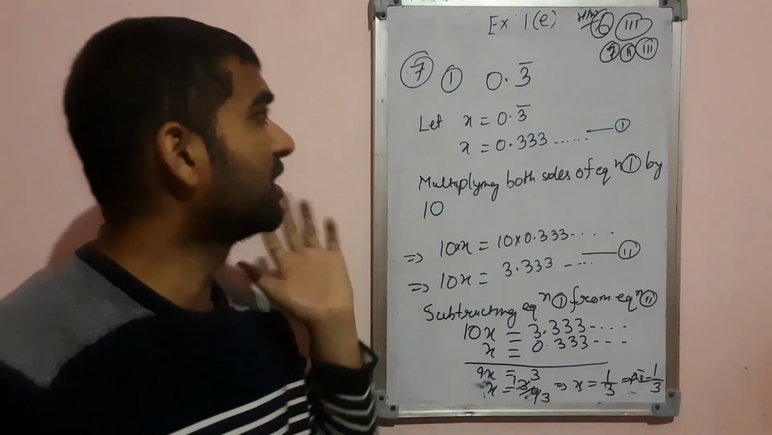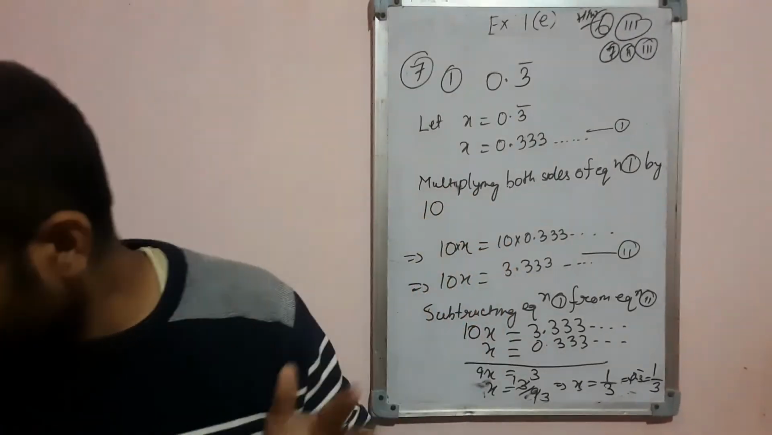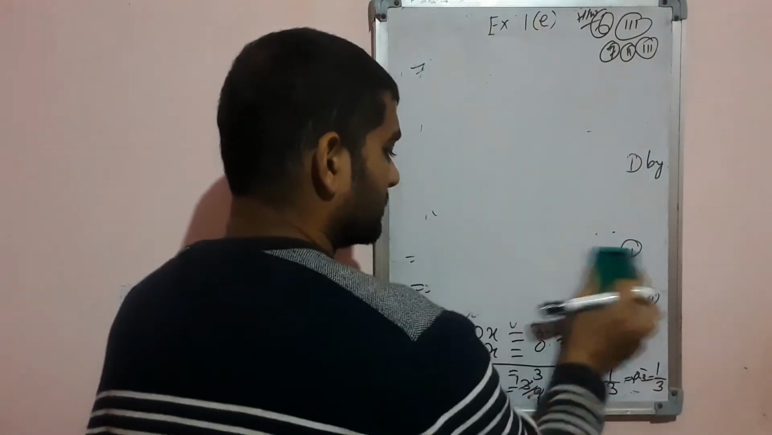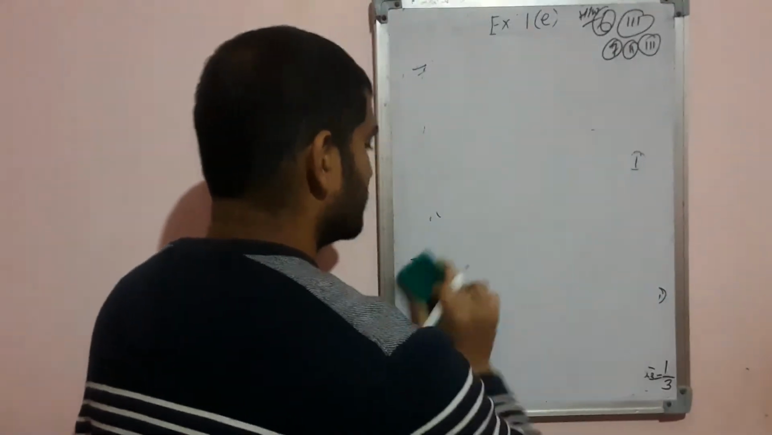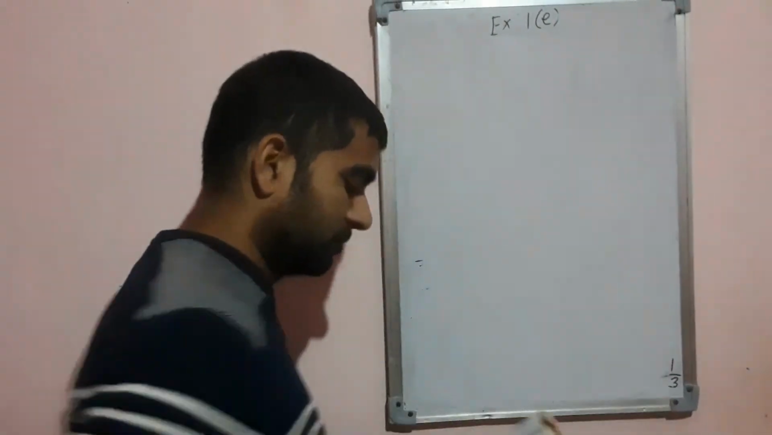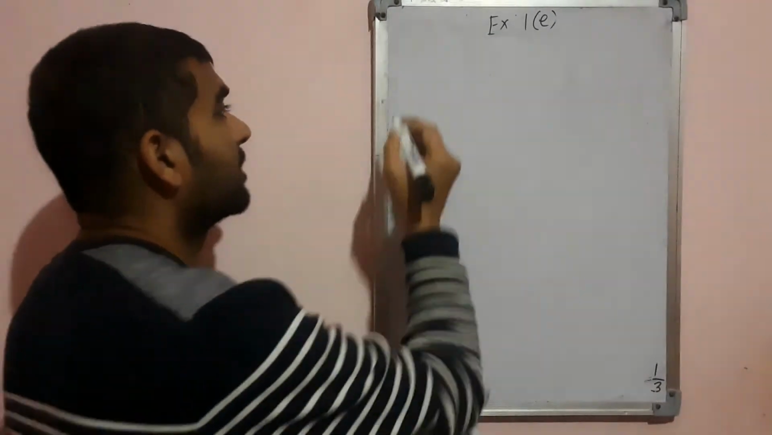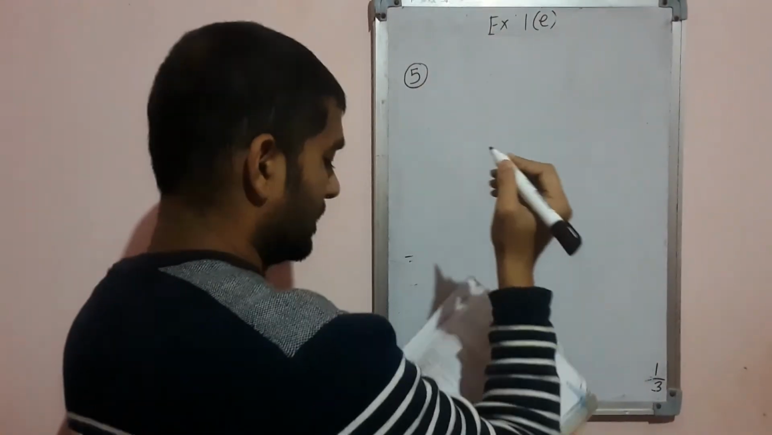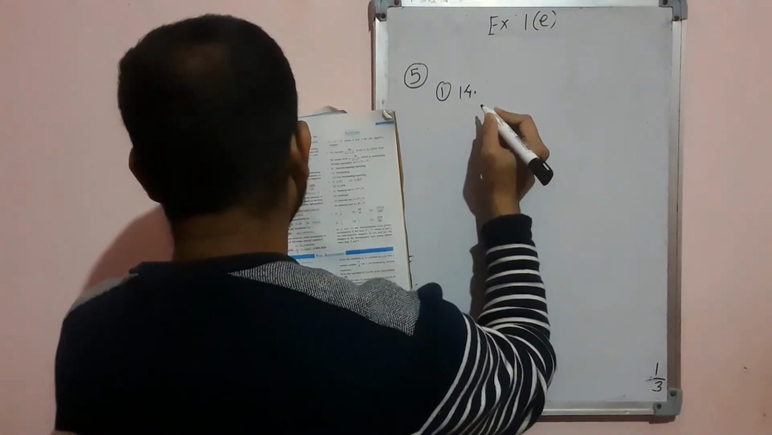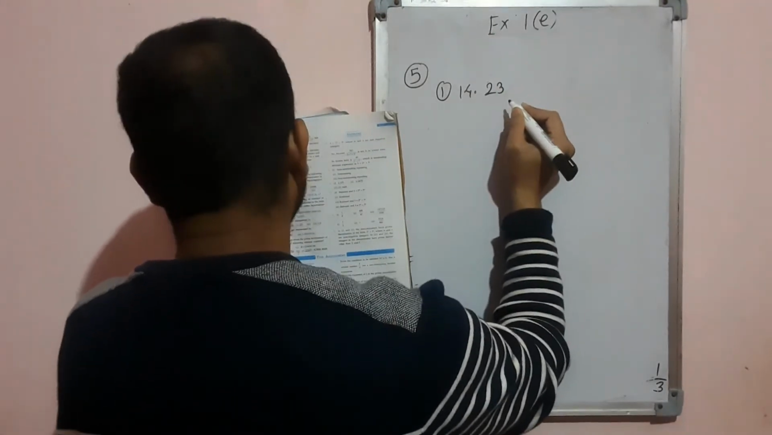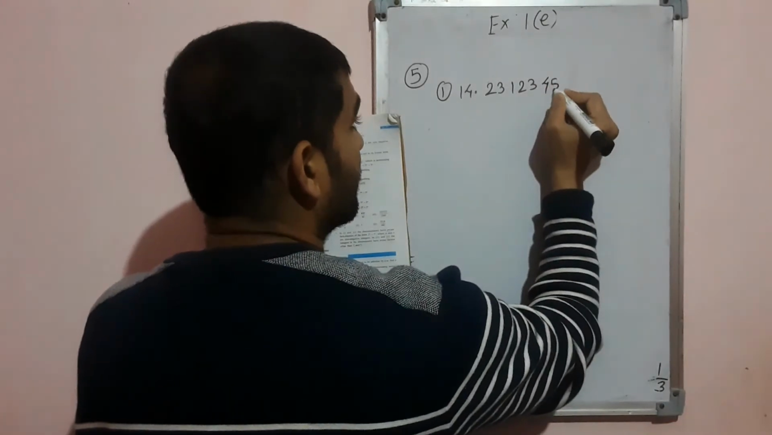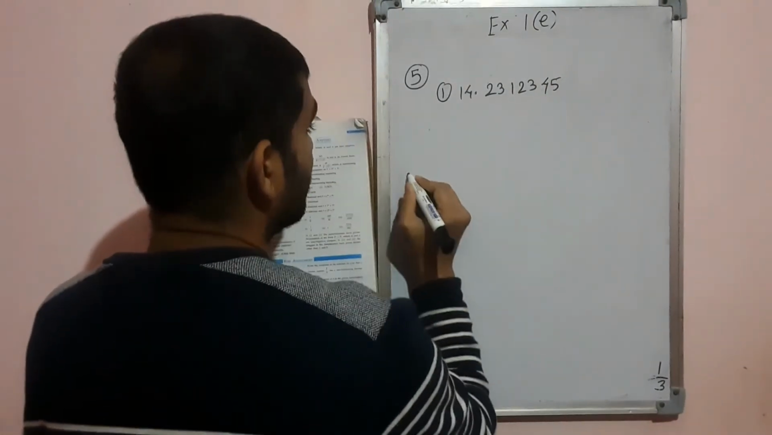Now we will move to question number 5. We will write all the questions first. One, we have 14.23 1 2 3 4 5. Okay, next question we have 2